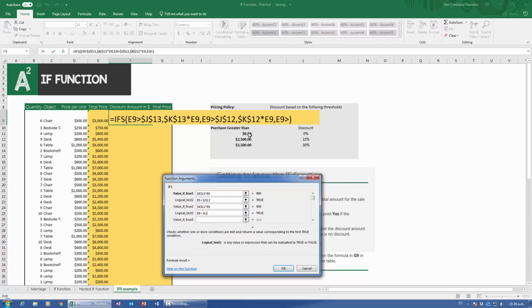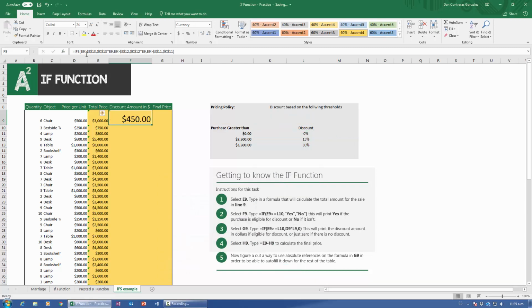All right, and the final price is going to be, once more, the total price minus the discount amount, and there we go. Now we can just autofill everything down here. I'm going to tell it to fill without formatting, and there we go. You'll notice it offers up the same functionality as the nested if, but in my opinion,